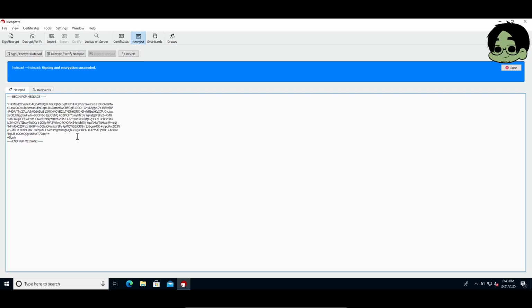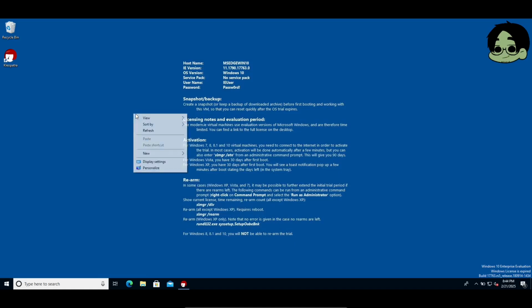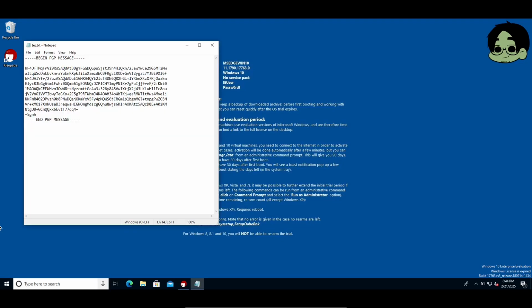The other way you can do this is you can put this into some type of file, a text file, an MD file, whatever it may be, and then you can do one of two things. Just send that file, or this is where... We're going to copy. We're going to go to the desktop, create a new text file just to show this. Alright, so here's our text file. This has just the PGP message that I copied and pasted from Kleopatra. We're going to save the text file,